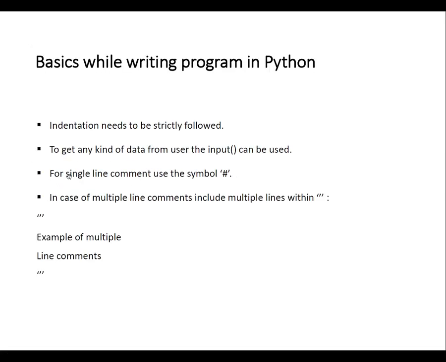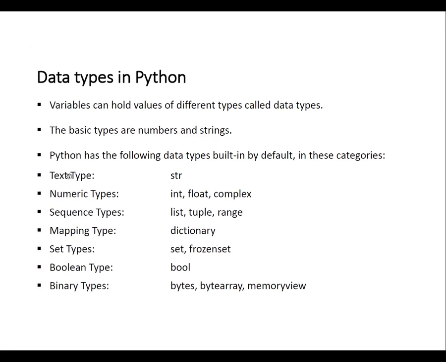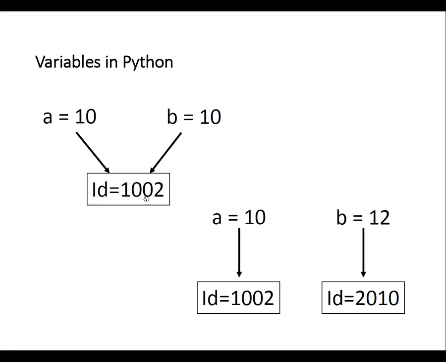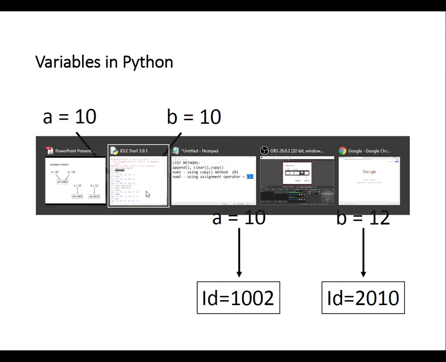Just let me go back to what we had done or studied previously. This is what happens. A is equal to 10, B is equal to 10. If num is equal to num2, that means two separate lists are not created. Both are pointing to the same memory location, that is this particular memory location. So, if I add any element to this list or to this list, actually that element is added to this location, and because both the lists are pointing to this, you will get the change in both.